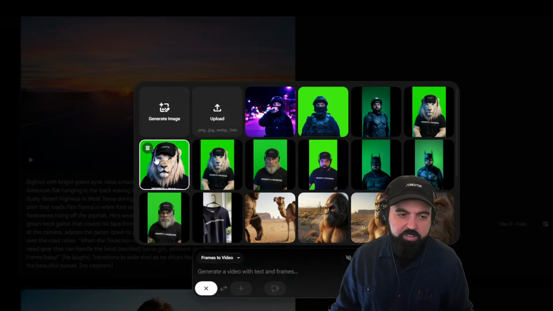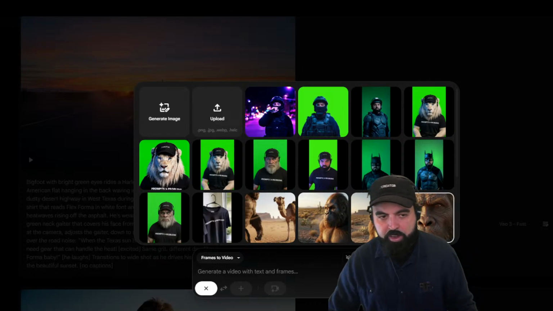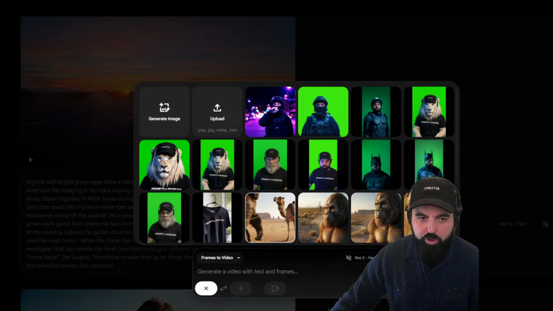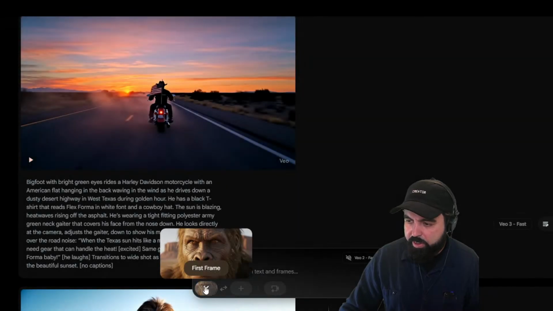And then the second step is you bring your frames to Google Flow and you upload them. So here I have, let me get out of the way so you can see, 1, 2, 3, 4 of the same character. Once you load it, that's going to be the first frame of your video. So you can just type in